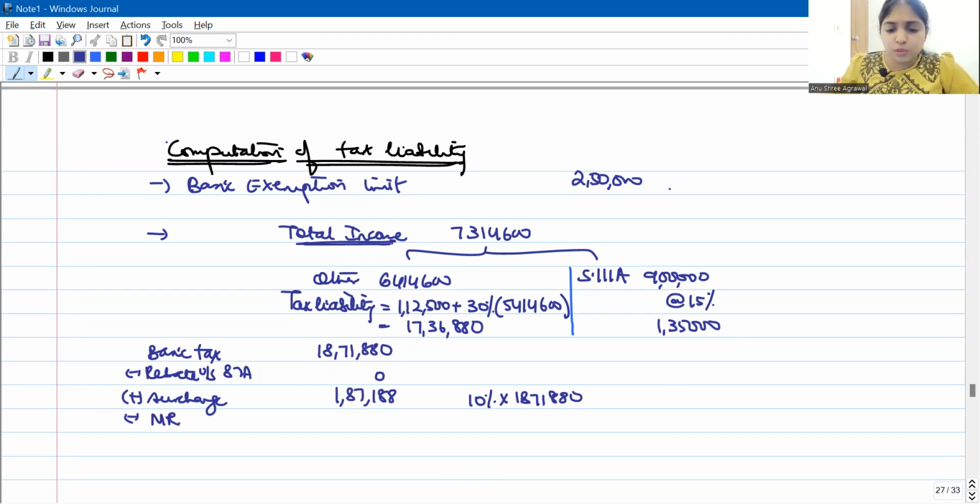Even if you calculate, you will not have marginal relief here because your income is much more than 50 lakhs. Had your income been close to 50 lakhs, if it is close to the limit, then you calculate marginal relief. There's around 23 lakhs difference between 50 lakh and your total income. So no need to calculate marginal relief. Even if you calculate, it's going to be 0. So straight away after this, we'll add cess, as of now, it is